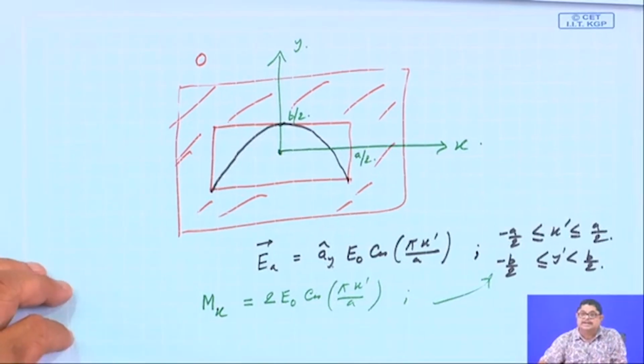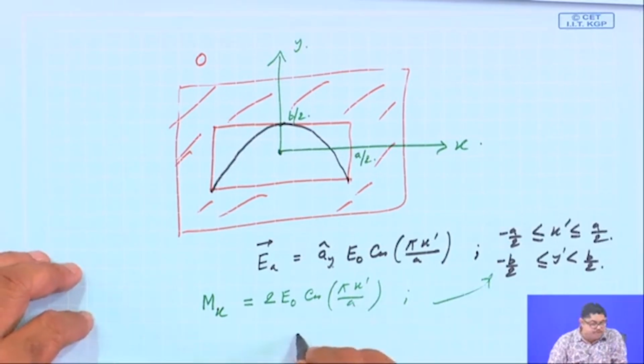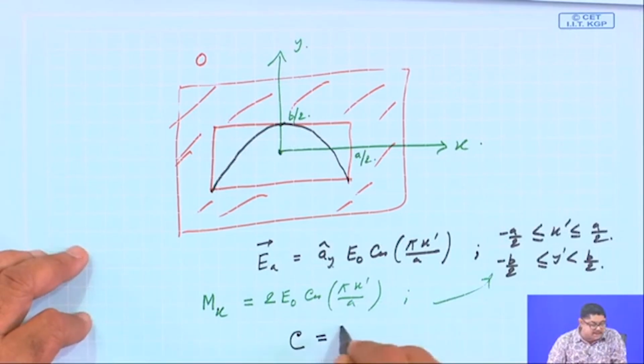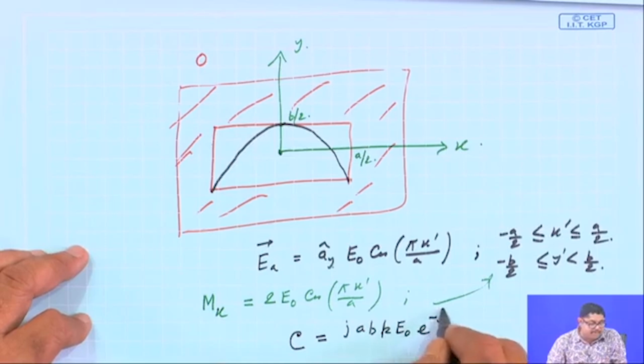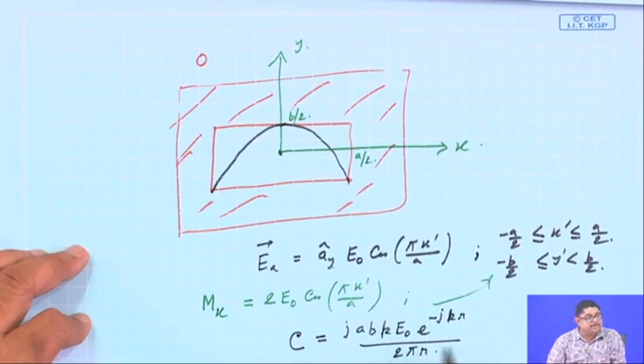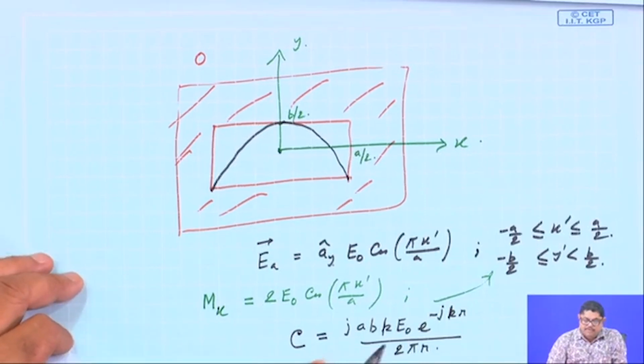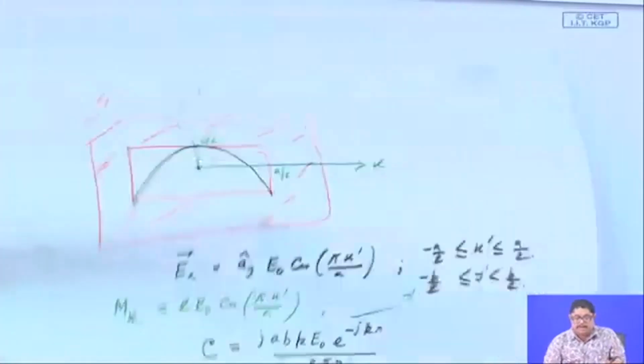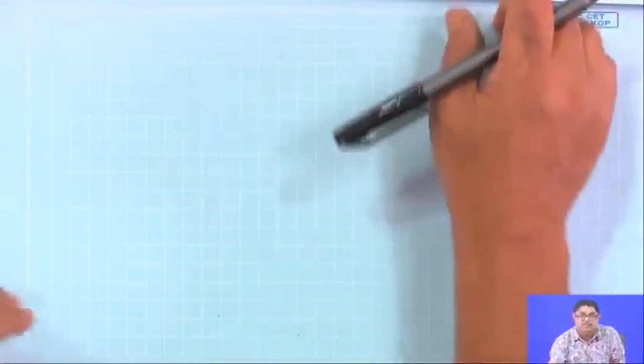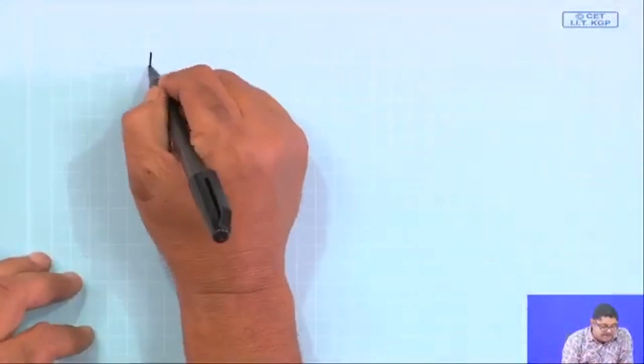Now, since it is coming regularly, we can put that constant as a constant C, which is j a b k E naught e to the power minus j k r by 2 pi r. This was always coming, so we are putting it as a constant C. In terms of this, with the help of those formulas,